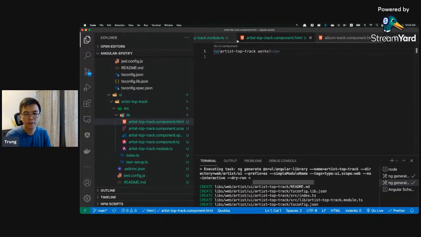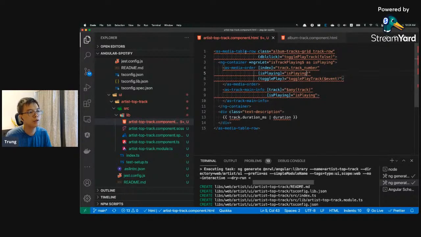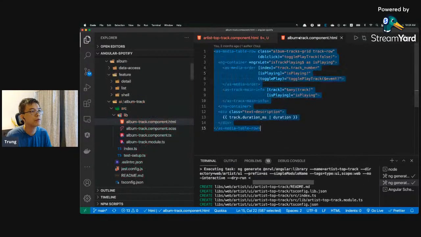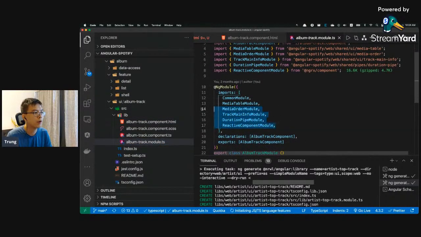But we can have a section to talk about refactoring this into a single component, and then we can see what the challenge is when we just reuse it in multiple places. So I just copy the thing over. Of course, you're going to get some complaints, because all of that we need to import into the component, so into the module basically. So I will just copy all of that,